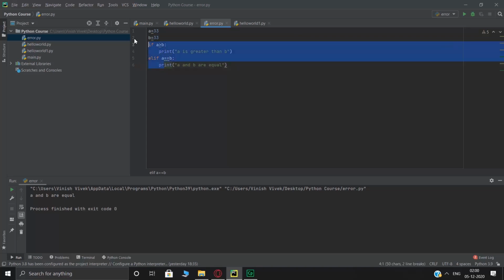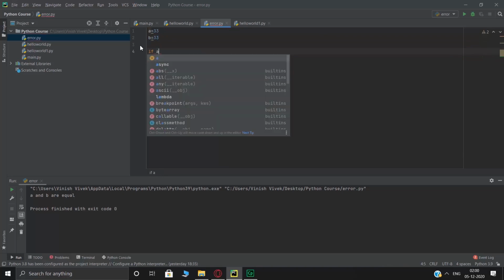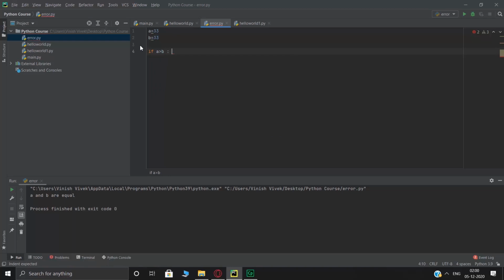So if you want to write this entire piece of code a little more cleanly, you can write it like this. So this is how you write it in a little shorthand. So you write if A greater than B, print A is greater than B, and run.